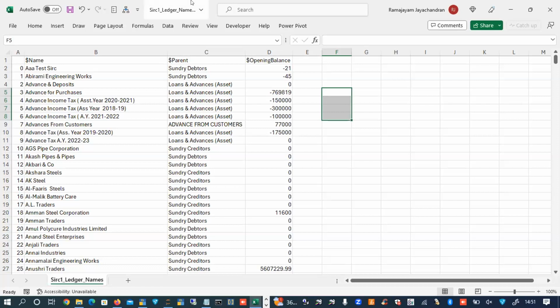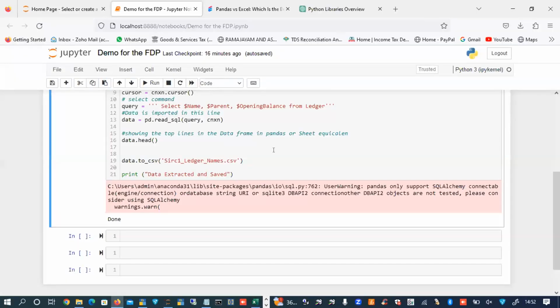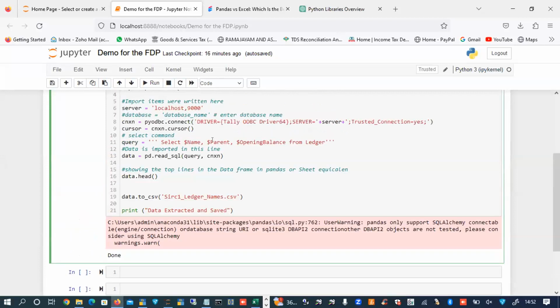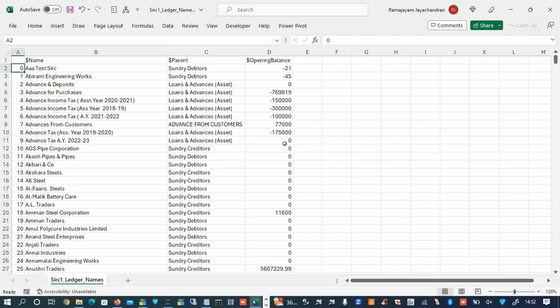So this is the data which I got from that script. Now, because I've altered more information, I got this.